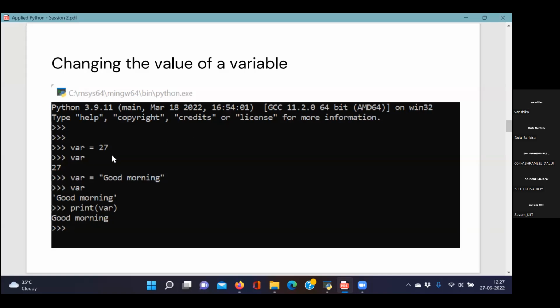So first we set the value of the variable var equal to 27. So initially it was an integer variable. And next we change the type, completely change the type. It is no longer numeric, it becomes a string. It is containing some text data which says good morning. And in the same variable var, we print it out, and it prints out the string which was stored